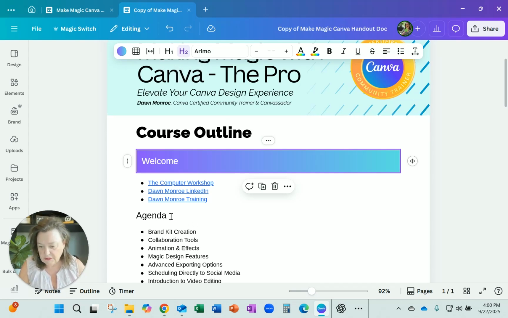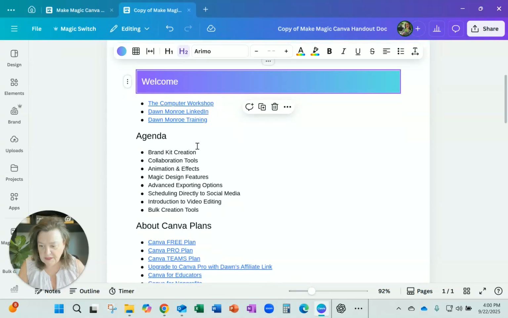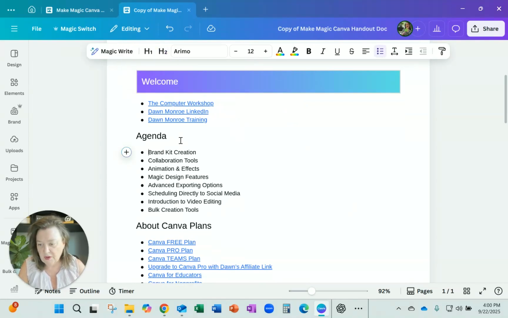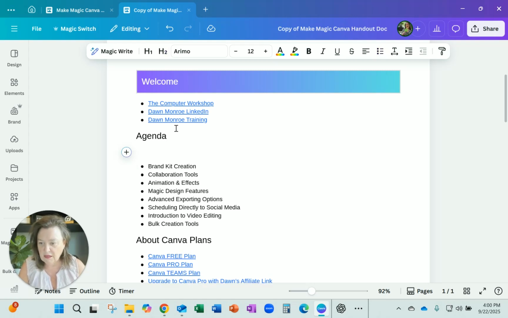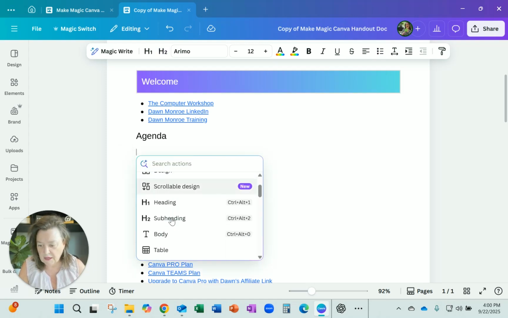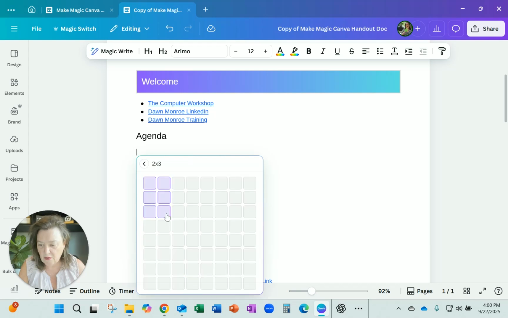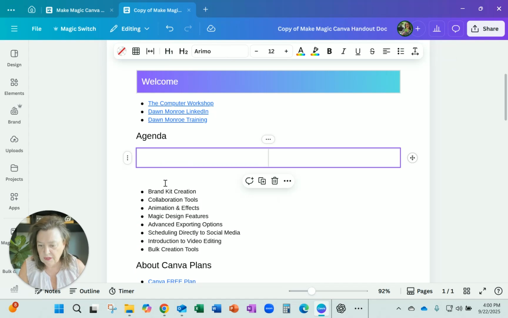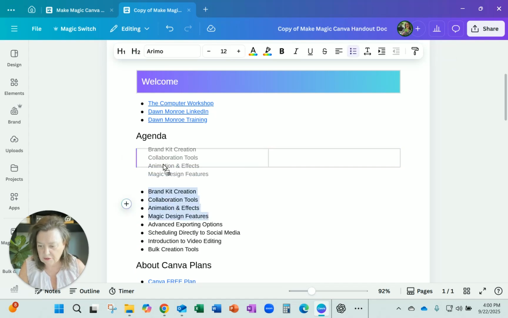And what I was also noticing, like maybe this agenda, I'd like it to wrap into 2 columns, not really set up to do that thing. But if I came in here, let's just click at the end of that, hit enter, and then using the plus sign, again going to the table. This time I'll take 2 table squares, and that way I could take the first 4,